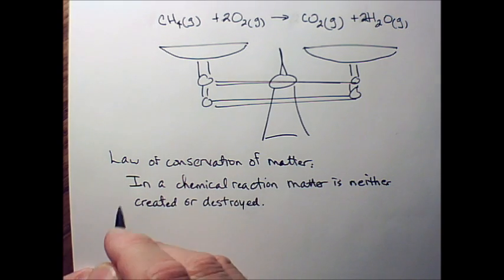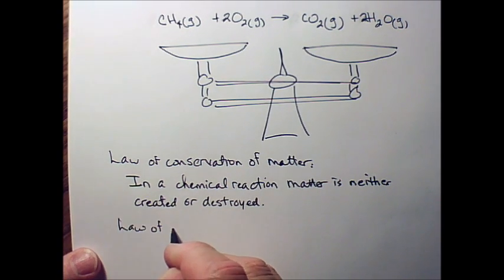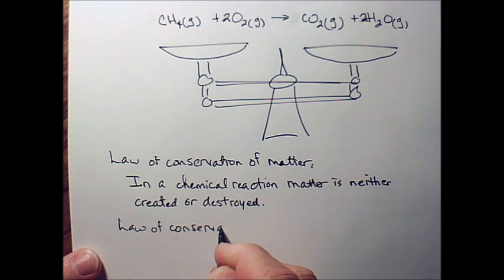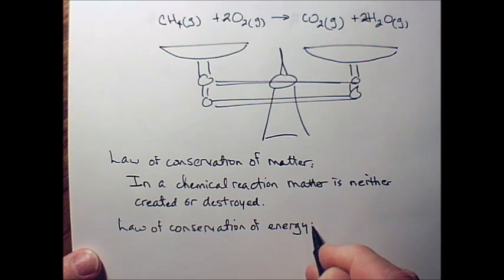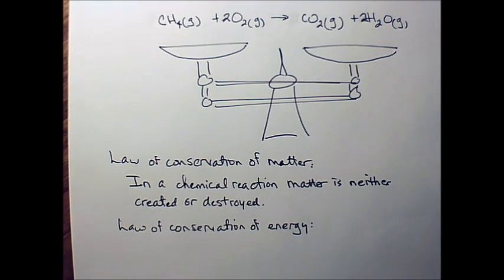Alright. There's also something called the law of conservation of energy. So I can take electrical energy from the plug in the wall over there, and I can run it through a little heater and create heat energy. Or I can run a lamp or a light, and I can turn that electrical energy into light energy. But the energy is not destroyed. The energy is only changed.